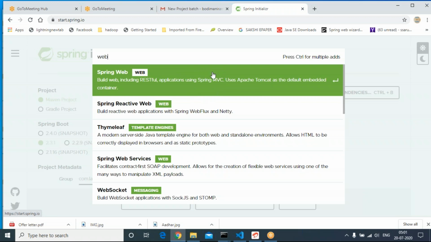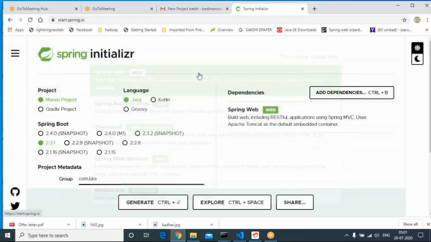Please remember from now onwards, whenever you are creating a server-side Spring Boot application, consider Spring Web mandatory. Type web, you will get Spring Web. Select this Spring Web. You can see Spring Web.